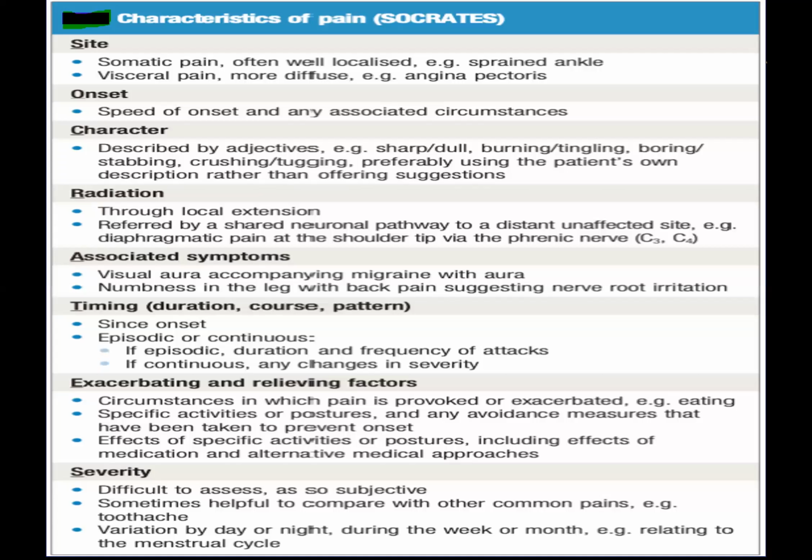Radiation, either through local extension from the site, or there may be referred pain by a shared neuronal pathway to a distant unaffected site. For example, a patient may have diaphragmatic pain at the shoulder tip via the phrenic nerve, that is C3 and C4. Associated symptoms. For example, a patient with migraine may have aura accompanying the migraine, numbness in the leg with back pain